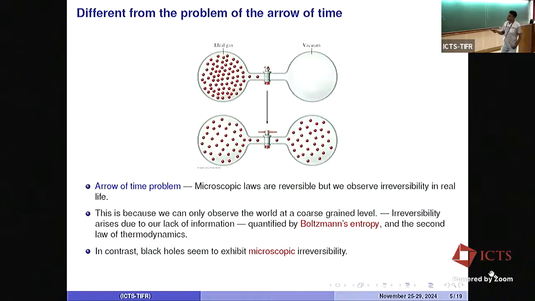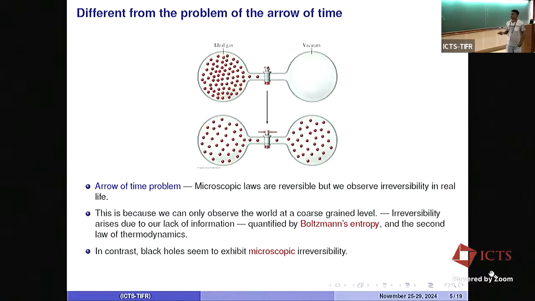So at long times, what I expect is that the gas should become homogeneous, right? Even though the microscopic laws are completely reversible, one will never see things going the other way. One can actually compute an entropy, in this case Boltzmann's entropy, which is an increasing function of time, taking us from here to here. You can't have things going the other way. Here the irreversibility comes because there's a coarse graining. What we observe is a coarse-grained description.